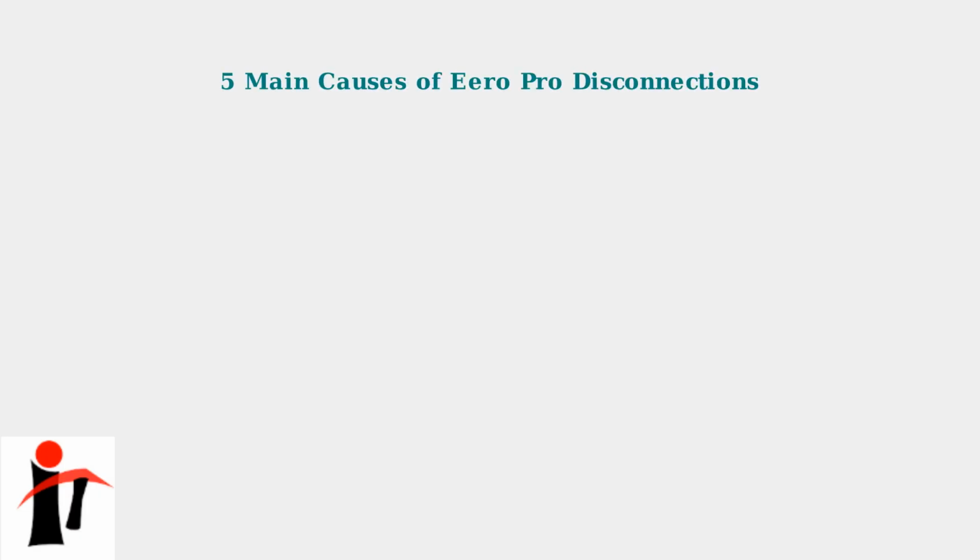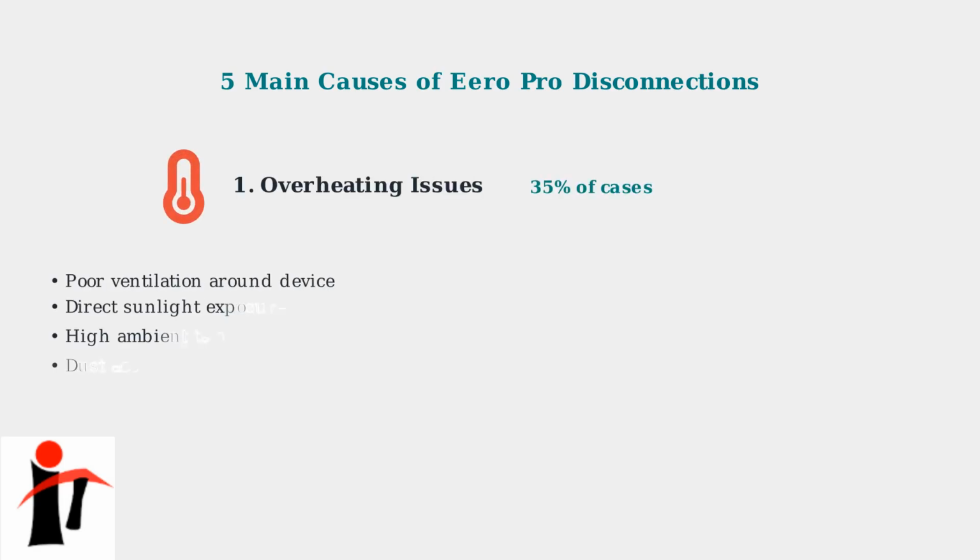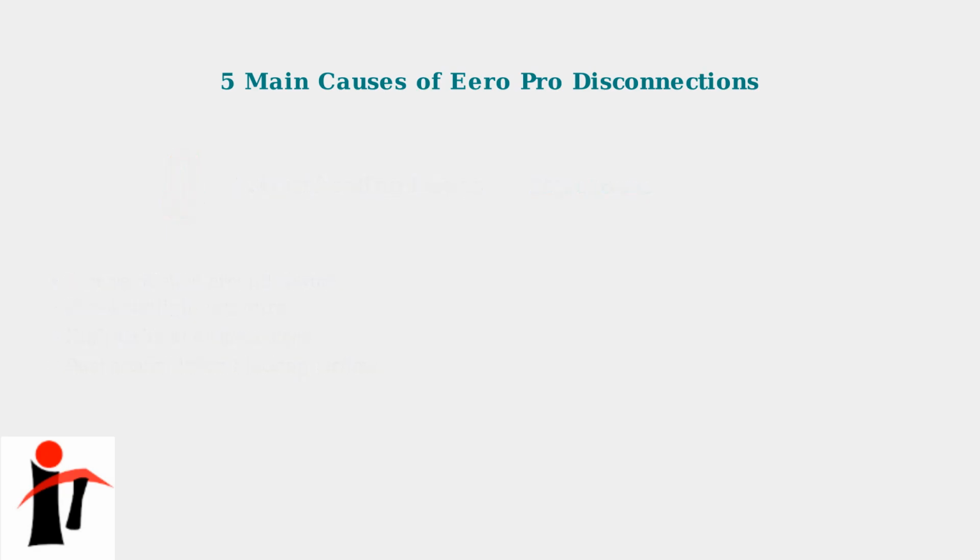Research shows that Eero Pro offline issues stem from 5 primary root causes. Let's examine each one to help you identify what might be affecting your network. The most common cause, responsible for 35% of offline issues, is overheating. Eero devices generate heat during operation, and when they can't dissipate this heat properly, they automatically shut down to prevent